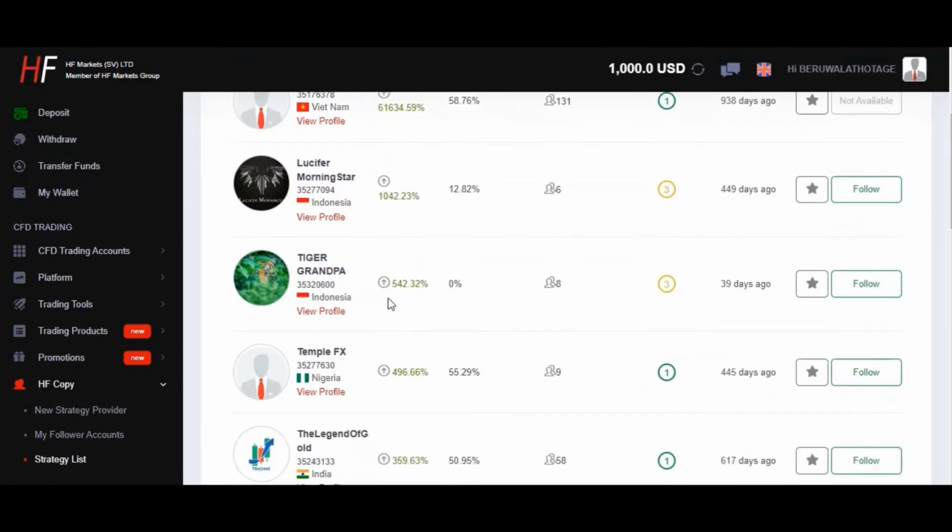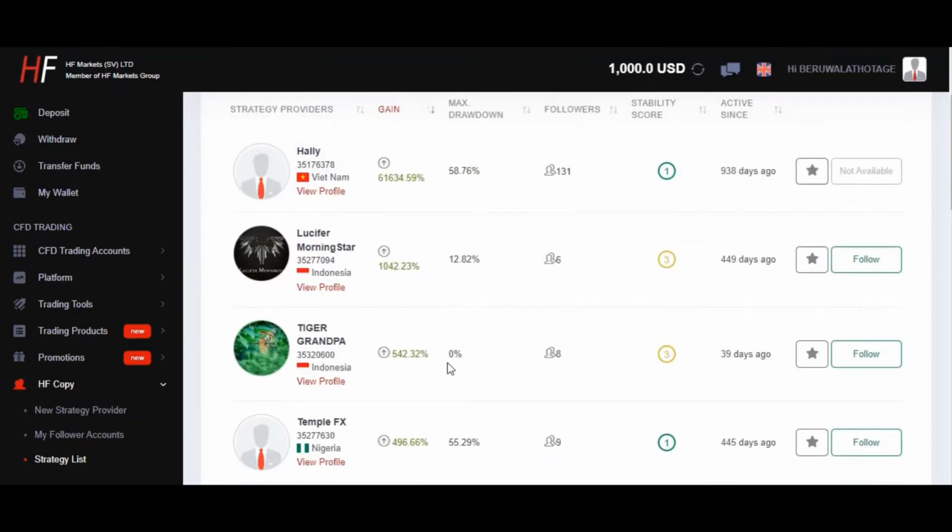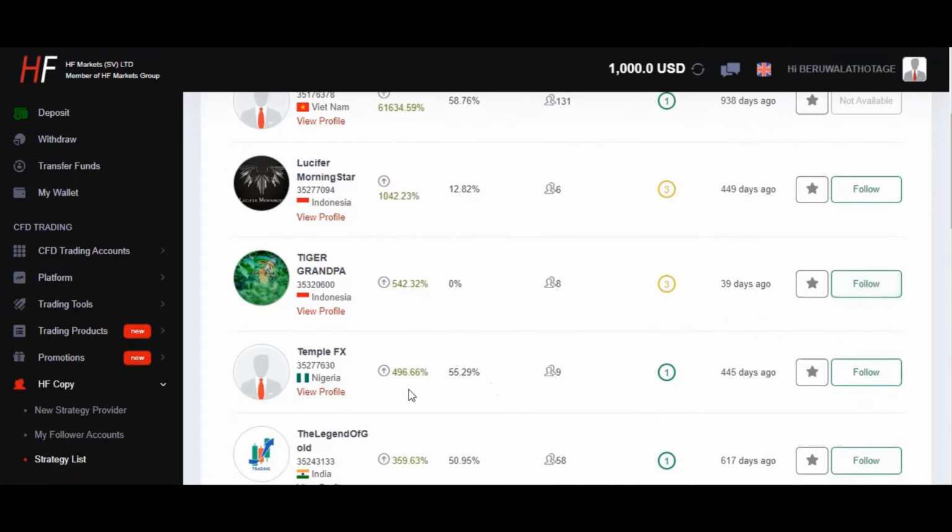We can check the third person. He has more than 500%, and the drawdown is showing 0. I'm not sure why it's showing 0, because drawdown shouldn't be 0, it should be something more than 0. But anyway, his stability score is not good, and his days of trading are only 39. That means he's new, so you can leave him for a while. And the fourth person is